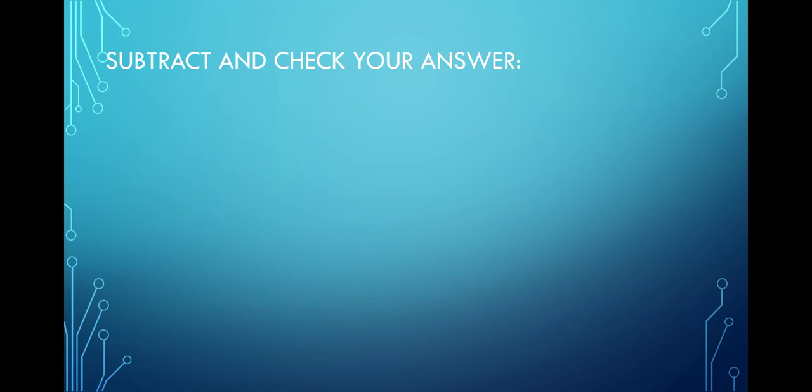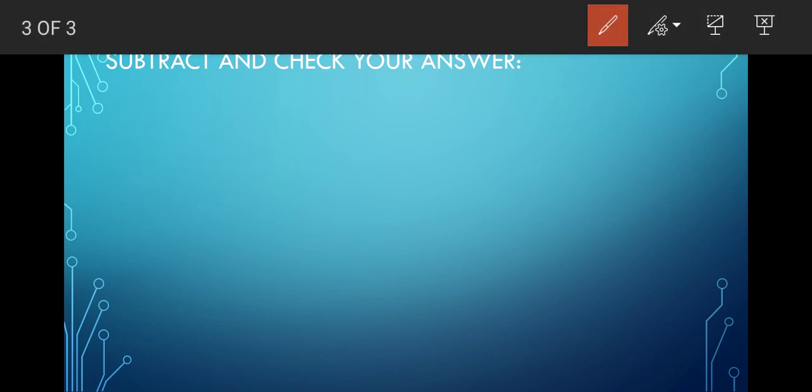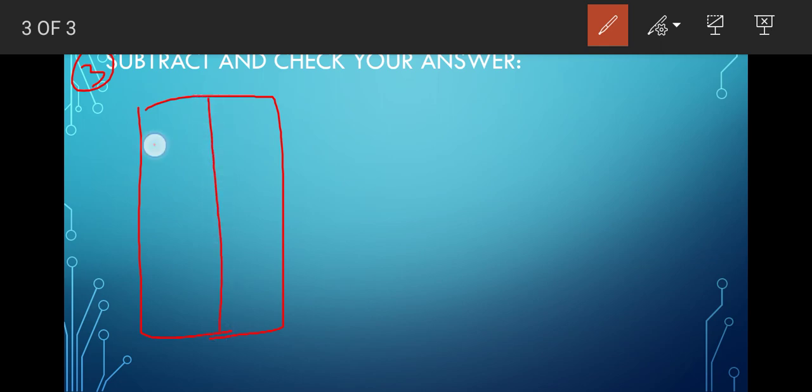So whatever I am doing here you have to do in your copy. Question number 3 you write down like this. Number 3. This is question number 3. Subtract and check your answer. So subtract means subtraction will be same as you have done earlier, isn't it? Now what is the difference is? You are checking the answer. So let us do it.